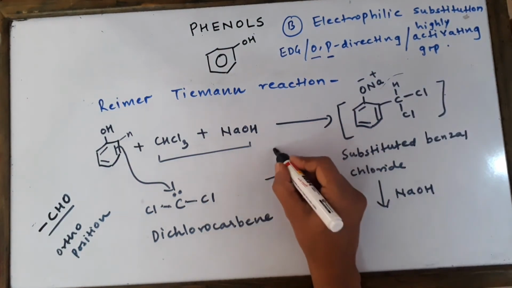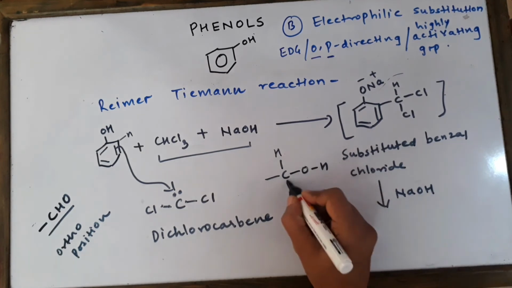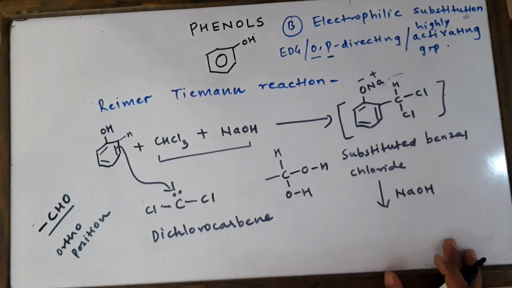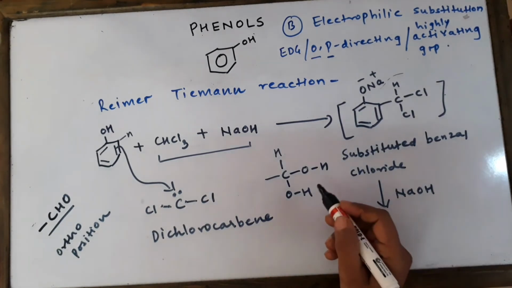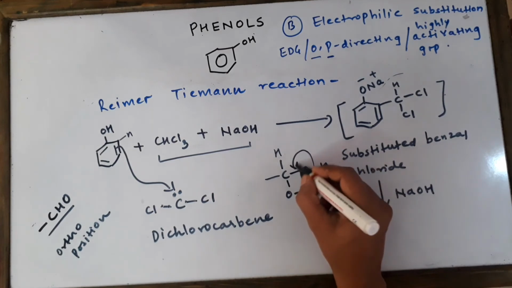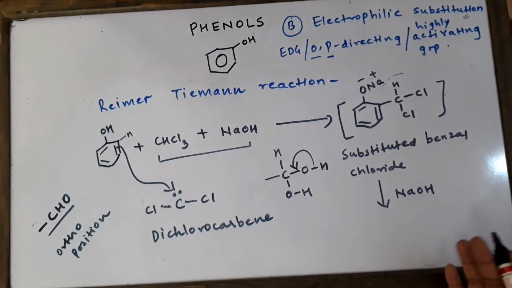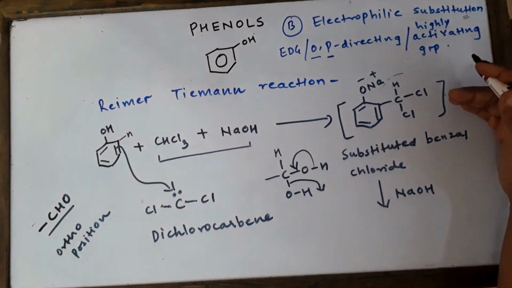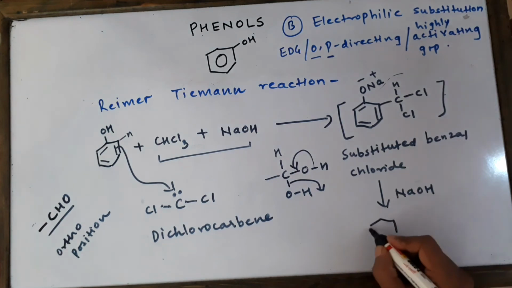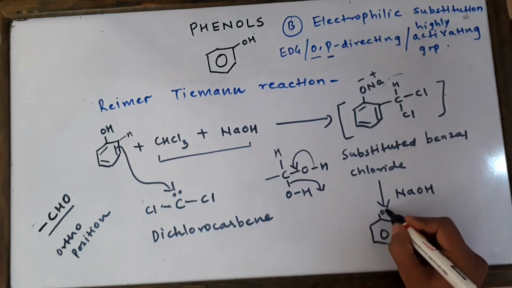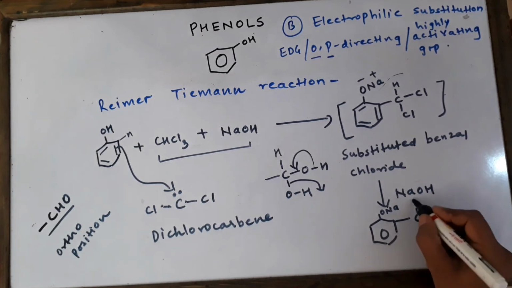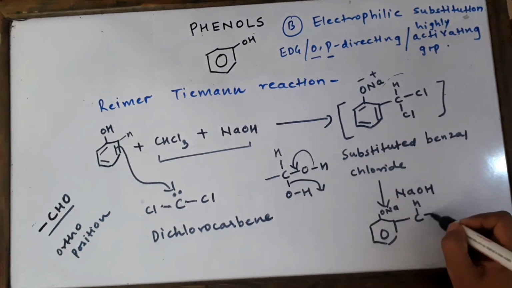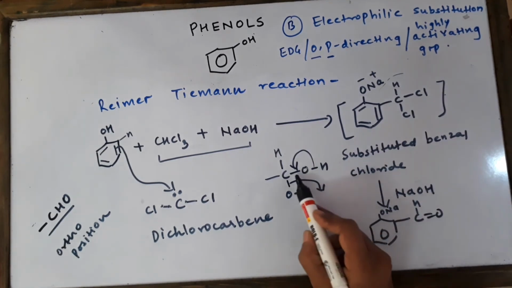Just try to understand it, pay attention here. So this is going to be a structure which we are not going to show in the exam actually, and neither do they expect it. So a gem diol, and we know that a gem diol is highly unstable. So we cannot write like that. We have to remove the H plus from here and OH minus from here. So directly from here we are going to show the final answer as ONa and CH. What will you write? We are not going to write OH, we are going to write double bond O and nothing else. That's all.